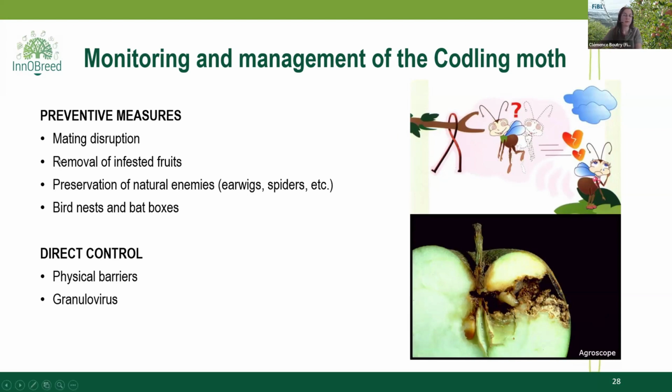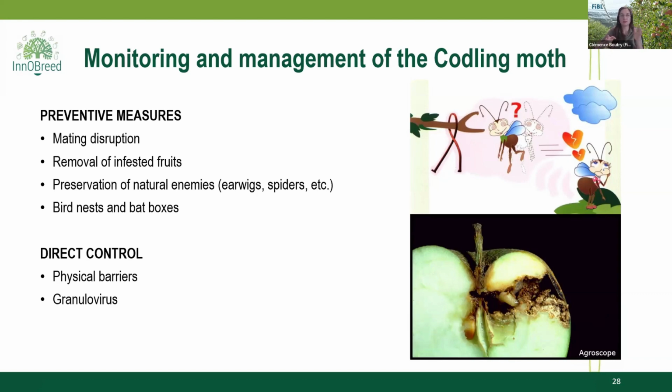Also very important is the removal of infested fruits, and the preservation of natural enemies, which are, for example, the earwigs, the spiders, the birds and the bats also. Then direct control can be done either through a physical barrier with a net, or, the most common I would say, the application of a virus, the granulovirus, which only targets the larvae. You spray it on the maturing fruits in an interval of 8 to 10 days